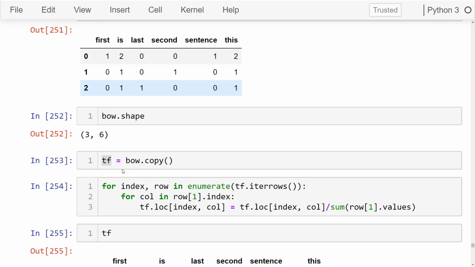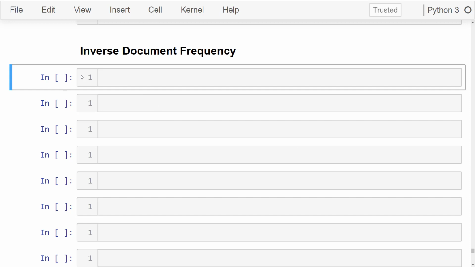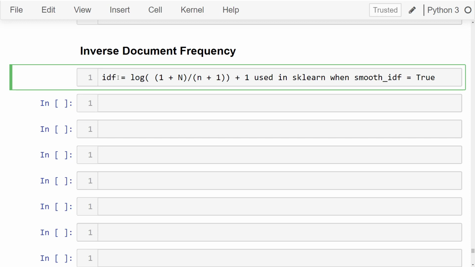Okay. That is why we need to calculate the inverse document frequency. So this is where we do the normalization. The intuition behind the inverse document frequency is that a word which is used very frequently is not of much use in the document, so it gets less emphasis, and the rarer word gets more emphasis. Okay. So for the IDF, there are multiple formulas. In fact, there is one set of formulas, but different algorithms use variations of those formulas. So this is the formula which